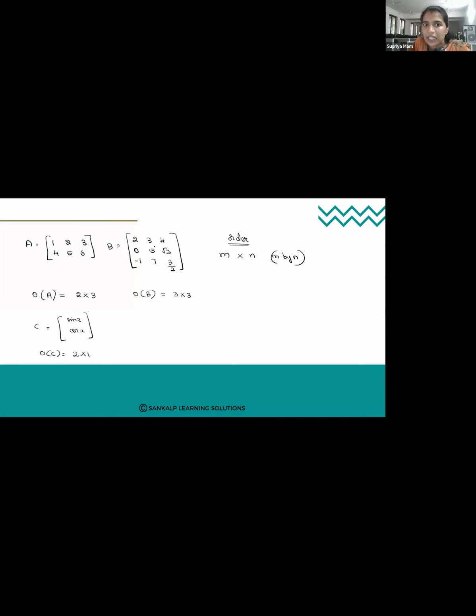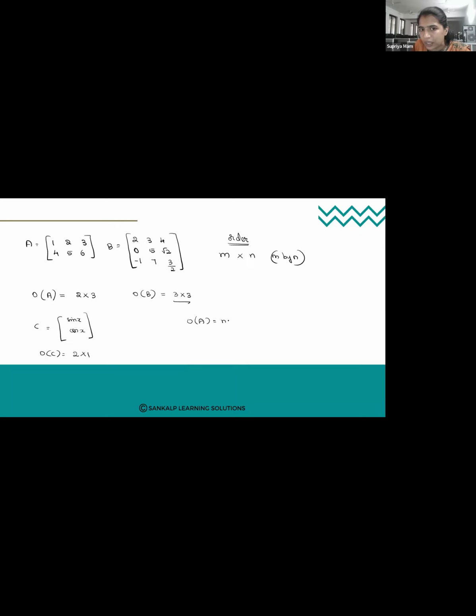There are 3 rows, 3 columns. So order of the matrix is 3 by 3. Consider the number of entries. There are altogether 9 entries. Consider the third example. Order of the matrix 2 by 1. Number of entries 2. In general, very important, whenever I consider order of the matrix,